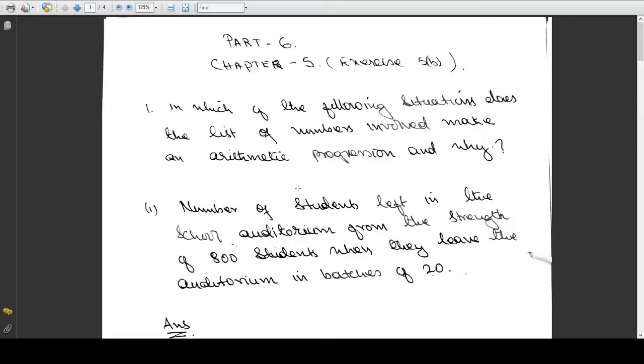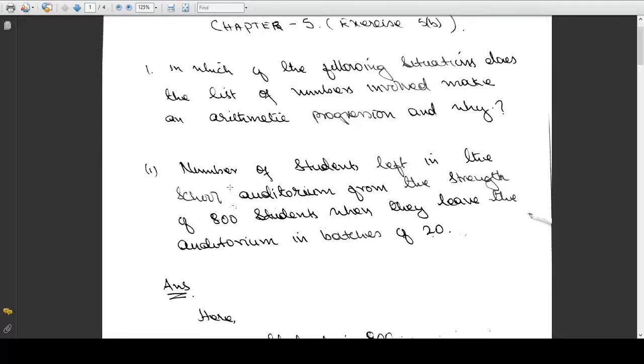We have to find out whether the numbers involved in the given situation are in arithmetic progression or not, and if it is an arithmetic progression, why they are in that progression. Now with number 1, it is given that the number of students left in the school auditorium